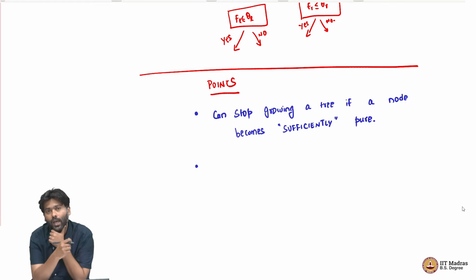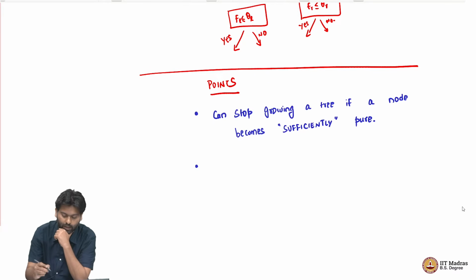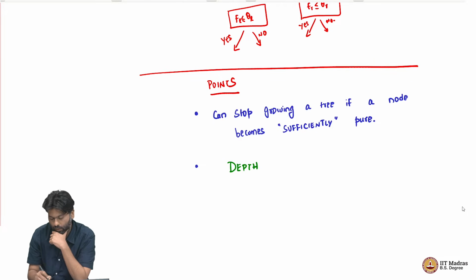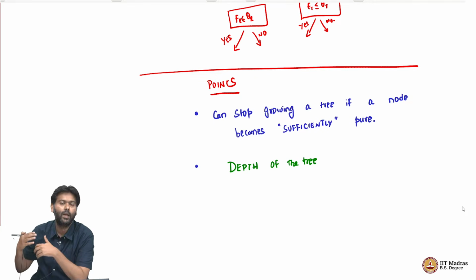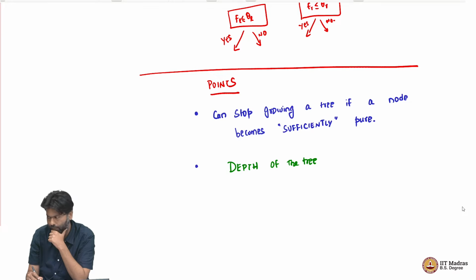So, as k was a parameter in k nearest neighbor, which determines how many neighbors I should ask and which determined how smooth my decision boundary was, here the corresponding parameter would be the depth of the tree, which is the number of questions I should ask before I answer 1 or minus 1, or 1 or 0, for a test data point, right. So, that is the depth. You can think of it as the longest path from the root to a leaf node, right. You can treat this as a hyperparameter,